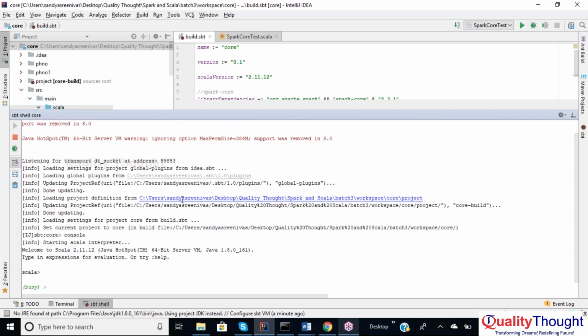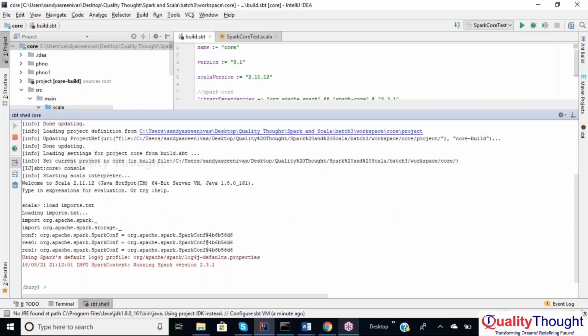Next, load imports. Yesterday we created the imports.txt file, right? It contains all the importing statements, importing packages, creating the configuration object, creating the Spark context, and setting the master and the application name. Everything is presented in that imports file. Now what I am doing,